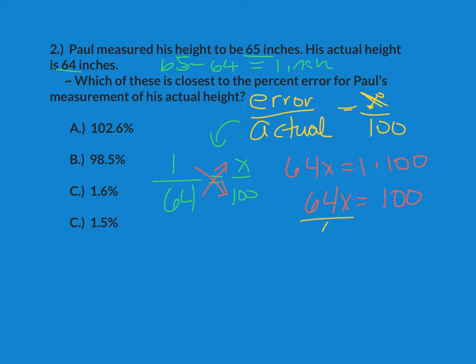So divide both sides by 64. These cancel. I'm left with x equaling, I use my calculator, and of course I get